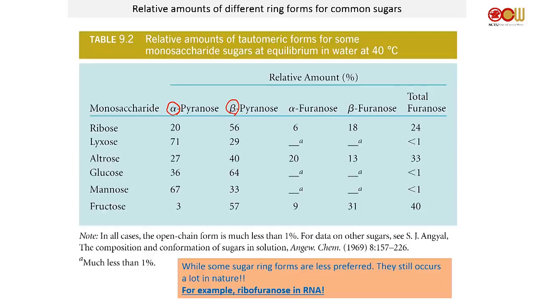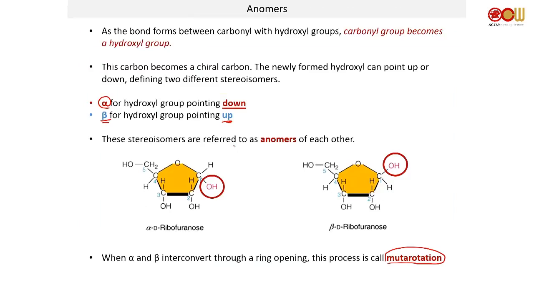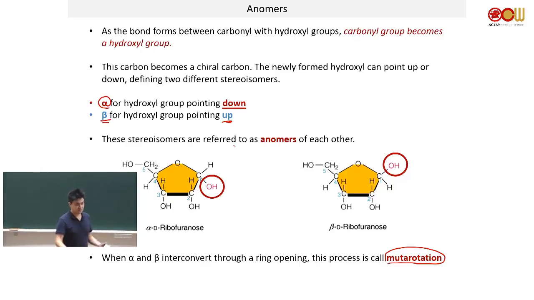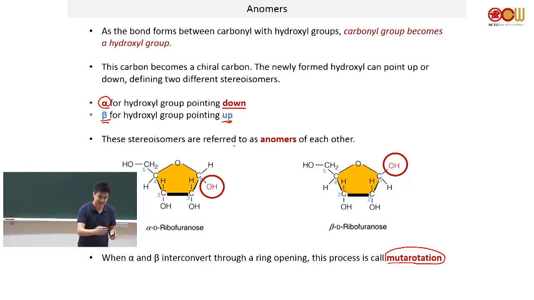That's interesting, right? What you see is, both are pyranose, but then how come, for example, you got 20 to 56 or 71 to 29? Why is there a preference in the alpha or beta form? What would dictate alpha or beta? As to why some people want to produce alpha and some will want to produce beta, probably, if there's a selectivity, we attribute that to some kind of sterics or some kind of a